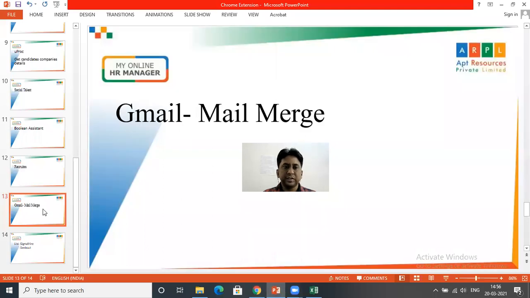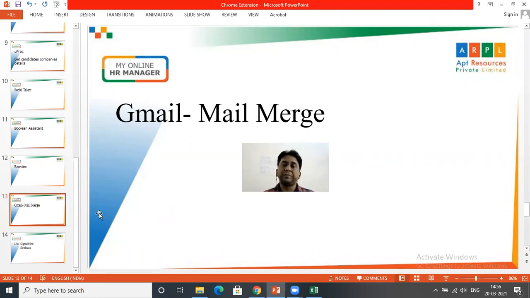So friends, this is for Chrome extensions. So here today we have learned how to find email address, contact details, company's email address and contact details of the candidates we are looking for. We have seen some social talent website where the strings are developed automatically.